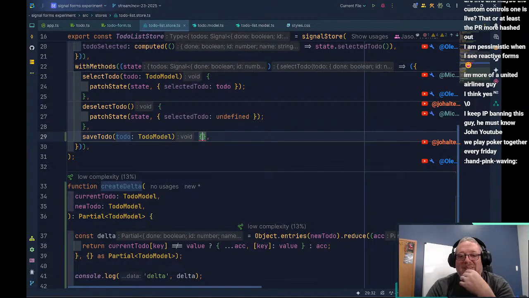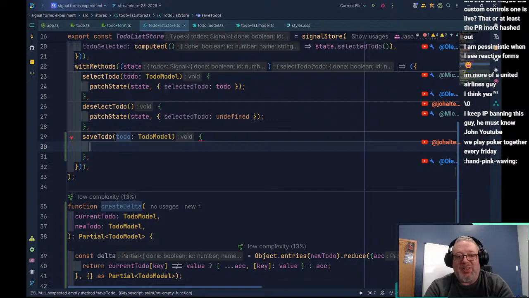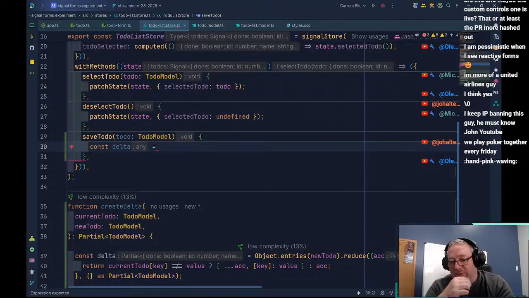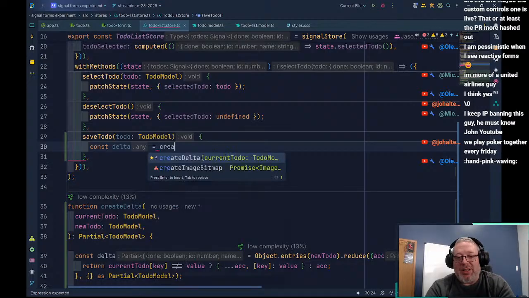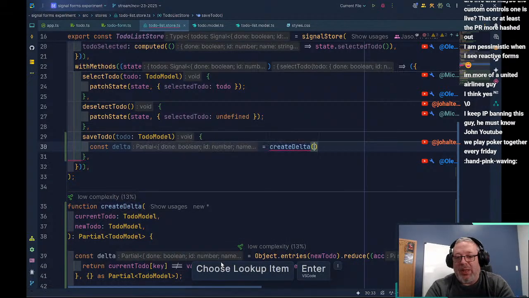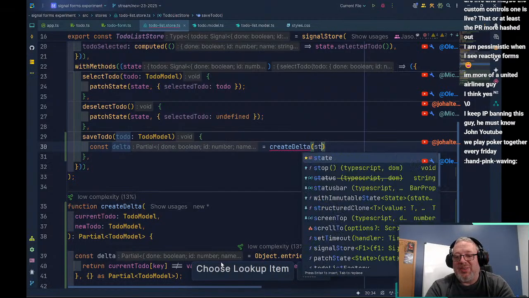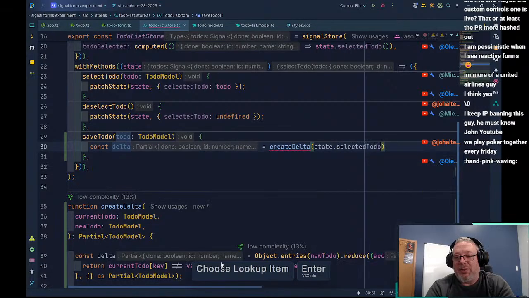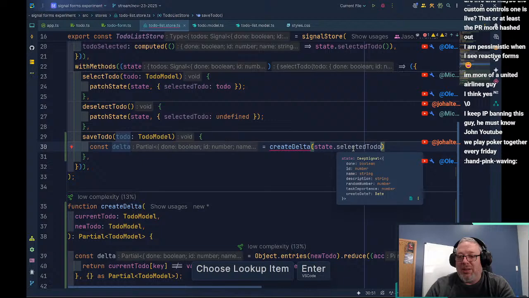And so up here in saveTodo, now what we can do is say const delta equals createDelta, and we're going to pass in the current one, so state.selectedTodo, and I believe that's a signal.